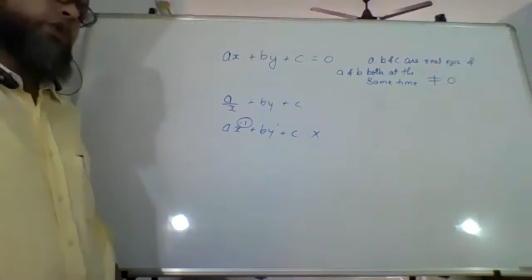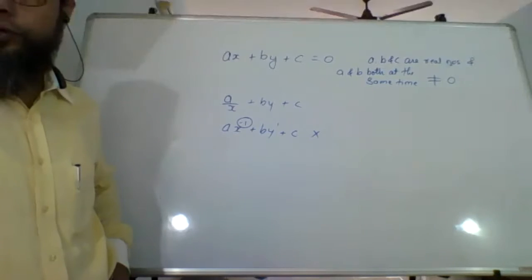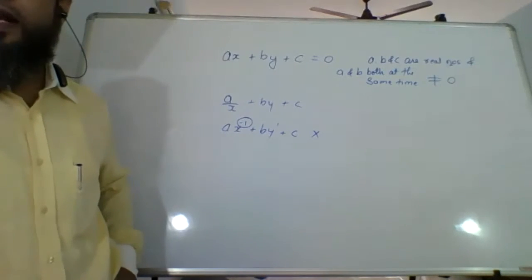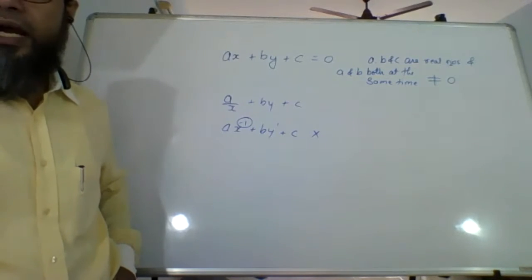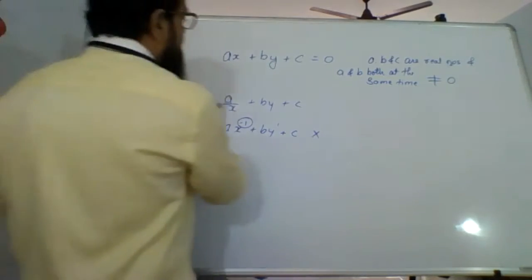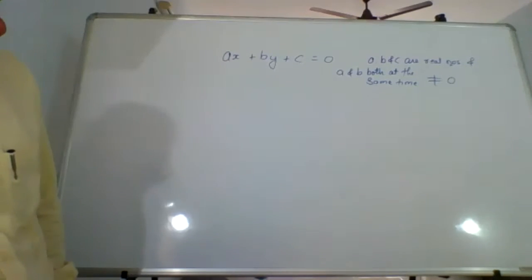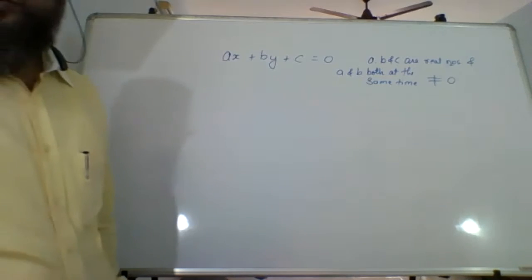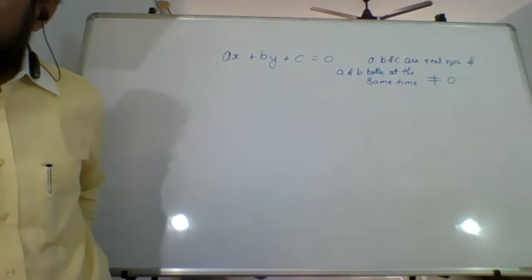One of them is 0, that is okay. That can happen. You can have ax plus 0y plus c equal to 0. Or you can have 0x plus by plus c equal to 0. But you can't have 0x plus 0y plus c equal to 0. That will not work. One of them has to have a value other than 0. Okay, so this is what a linear equation in two variables is. a and b are not both 0. That is important at the same time. One of them being 0, that is okay.